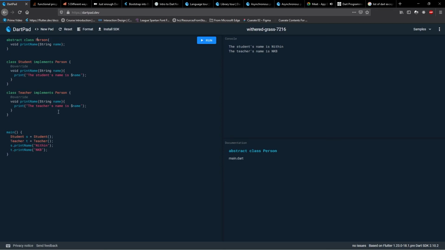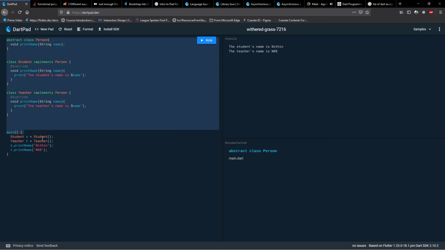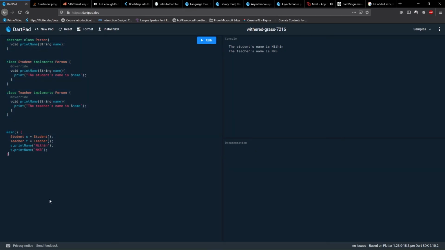Even this you will be using in the future, if not right now. In Flutter, there is this thing called the build function. Okay, I'll get to that later, but just keep this thing in mind. This entire thing, please keep it in mind because this is important. Okay, so this is abstract classes.